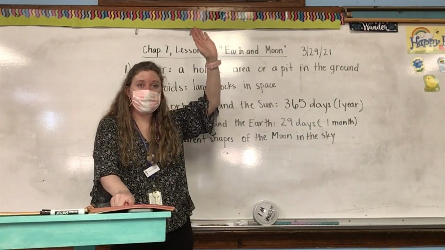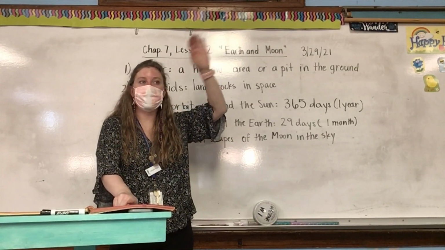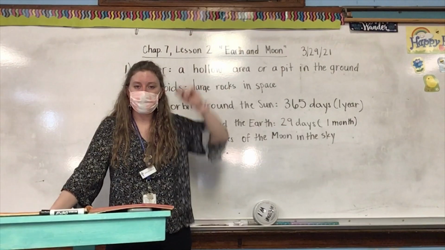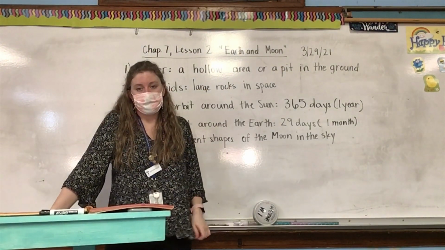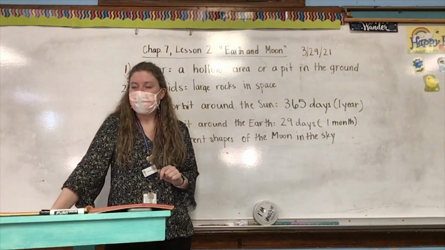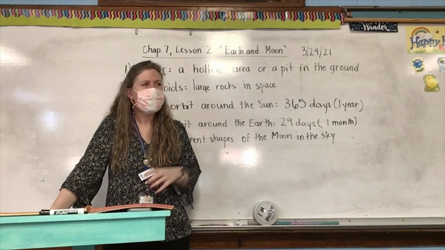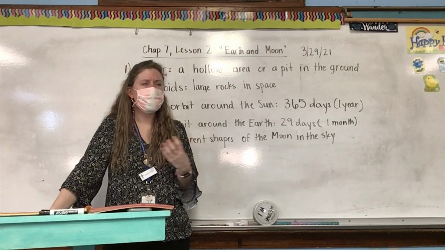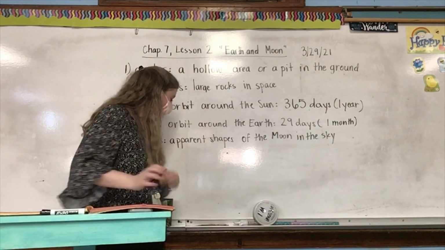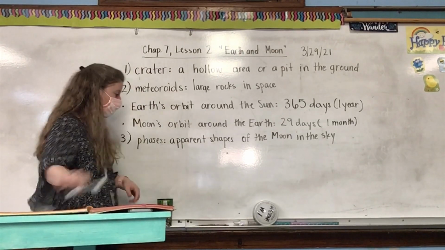Think about what I just said. What happens when the lights are waning? Can we see less and less of it or more and more of it? Zari? Less and less of it. Less and less. So remember, if you are trying to decide, is the moon waxing or waning? If it's waxing, you can see more and more of it, which means it's moving from,